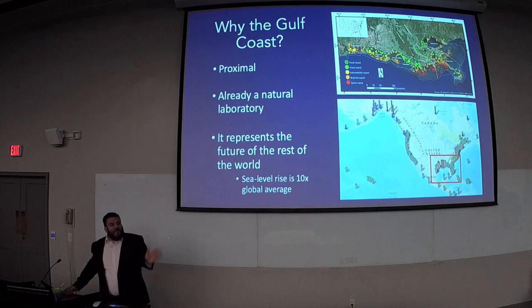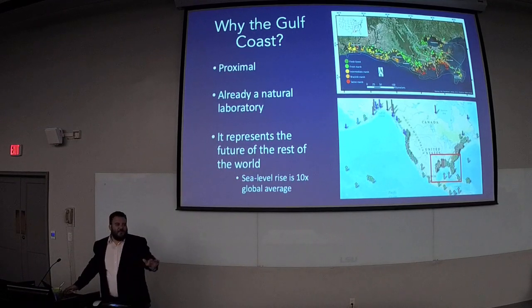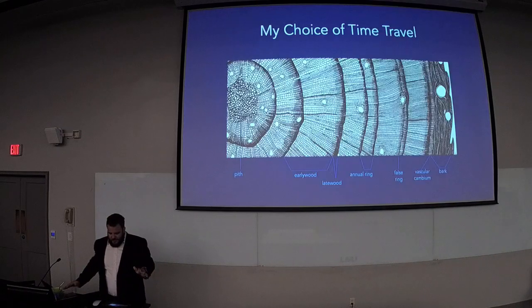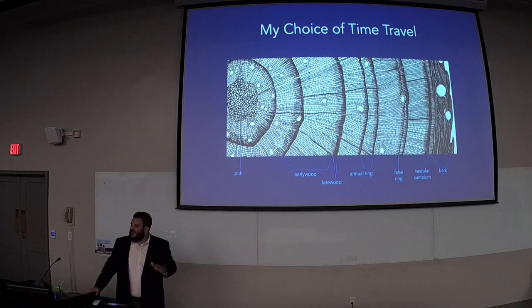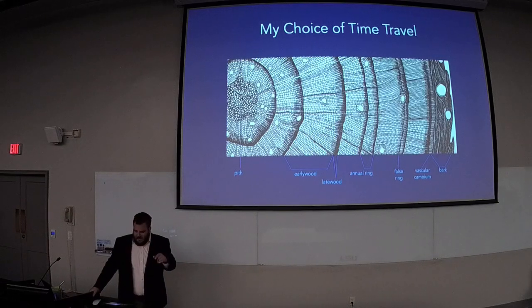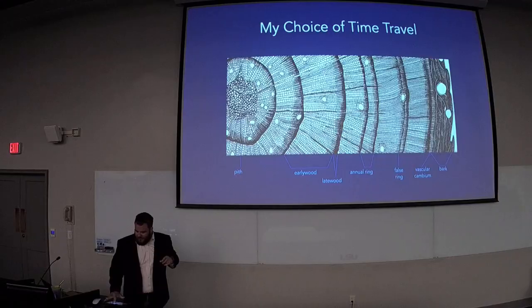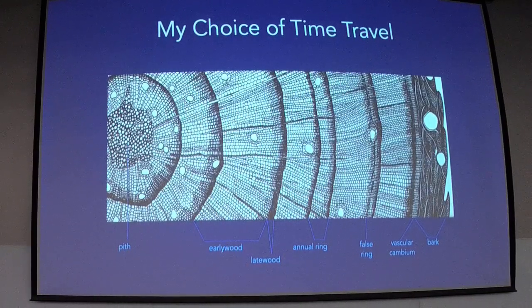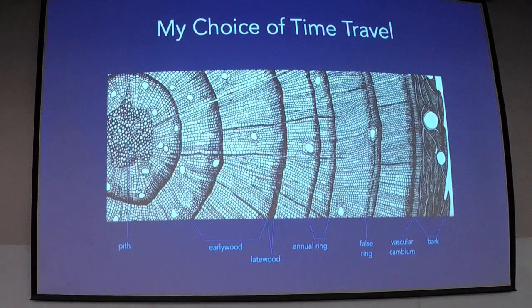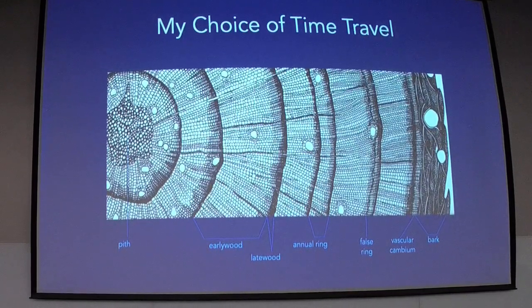Now that we've talked about what's happening now, we can project those ideas into the future. I want to go back in time and see how those changes have affected things in the past. My choice of time travel is something known as tree rings. Each year, a tree puts on a growth ring. A lot of people understand that if you look at the growth rings of trees, we're looking at the